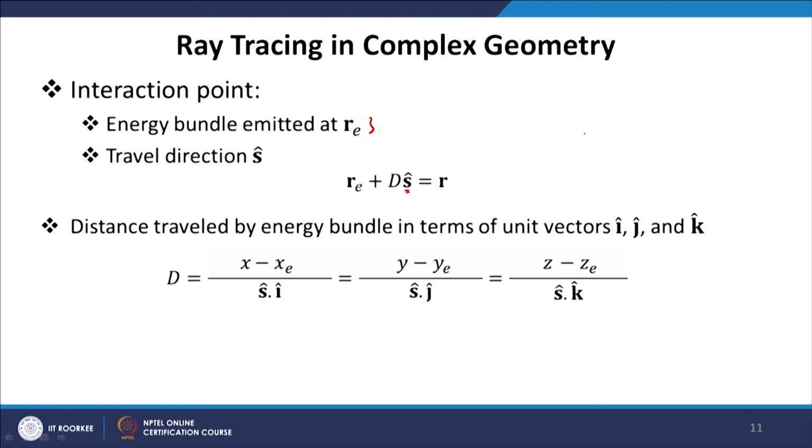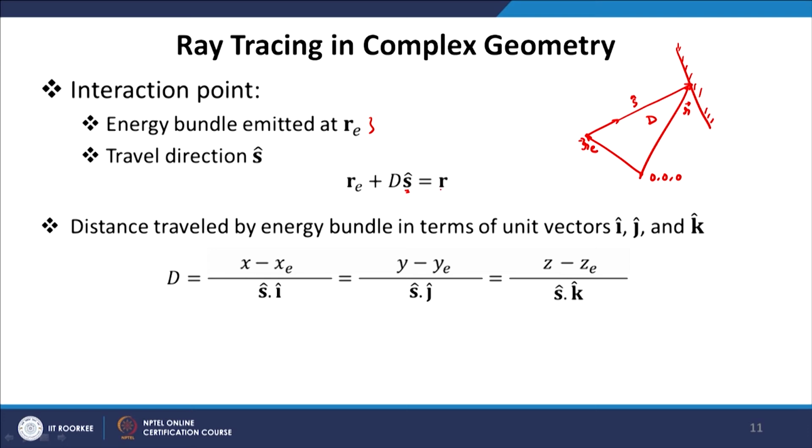So, we can find out, let us say the photon is moving in this direction, this is the point of emission, and the photon is moving towards the surface. So, the total distance before it hits the surface is, let us say d, and this vector is r. This vector is re, this is let us say origin. So, point of emission was re in vector form, point of intersection with the surface is r, and the distance travelled by the photon in this direction escape is d.